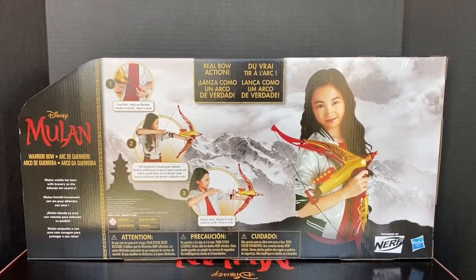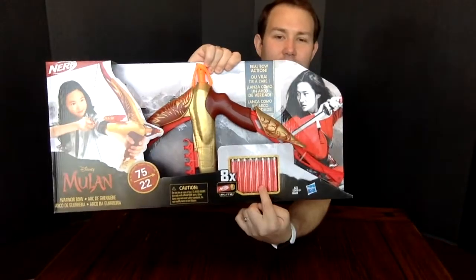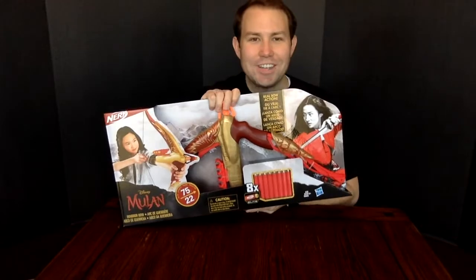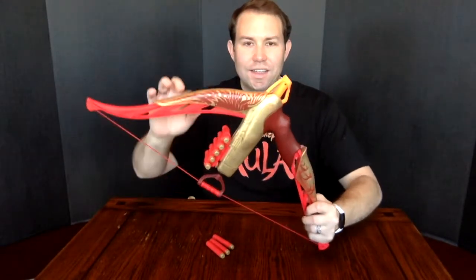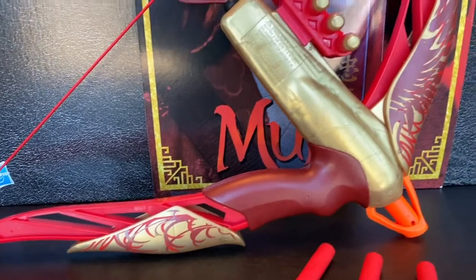On the back of the box, it does show a girl kind of demonstrating how you use it. Now, it is your typical Nerf bow and arrow, so I'm not expecting anything too out of the ordinary. It does come with 8 Nerf darts, and then the bow has a place to clip them all. So we'll take this out of the package, take a look at it in action. And there it is. Now, what's really nice about this bow is the details. You have all of those kind of phoenix, fire, feather, wing designs on it on both sides,